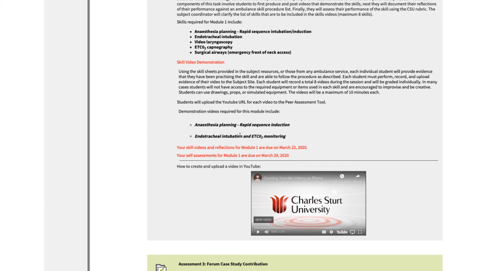The next one is endotracheal intubation. Once again, the main skills, the main steps, the focus on how you do endotracheal intubation in the pre-hospital environment, and then end-tidal CO2 monitoring, including some of the most common waveforms that you'll see, what those mean, and your target end-tidal CO2s, specific really to intubated patients or those with supraglottic airways.